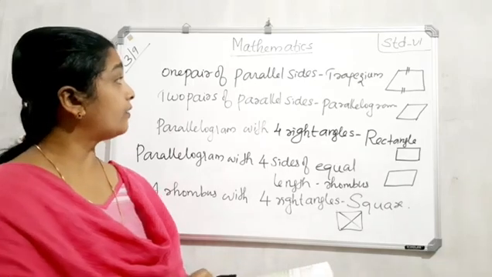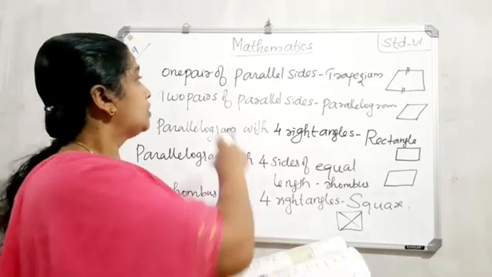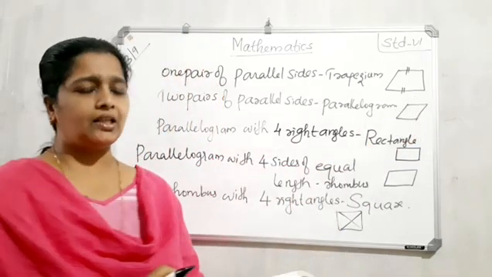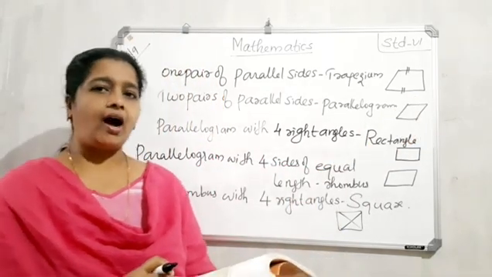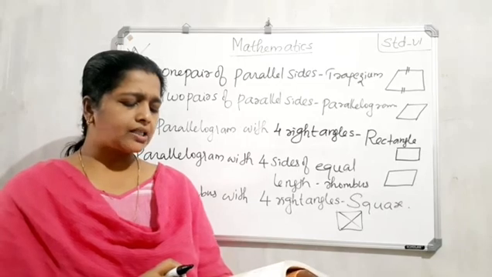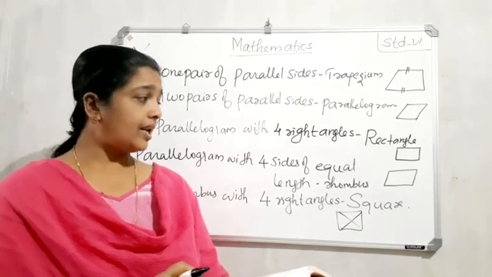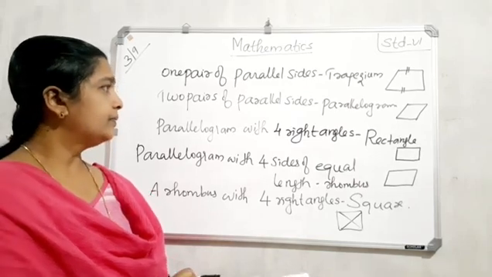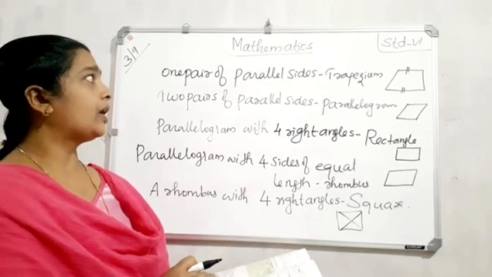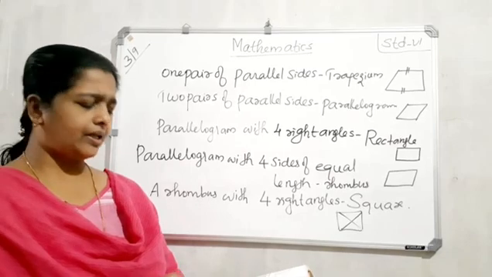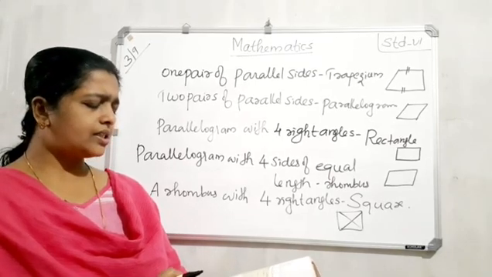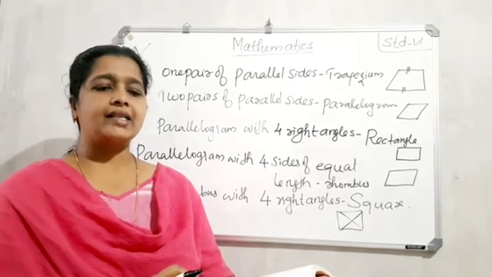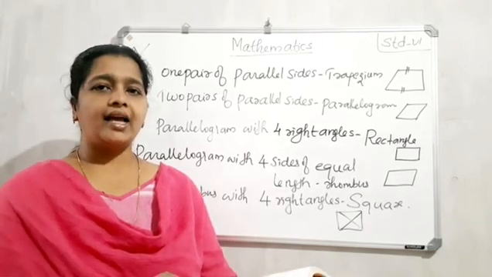Next: all the sides of a parallelogram are of equal length. Two pairs of parallel sides, here and here. Not all the sides are equal. That is false. And: the opposite sides of a trapezium are parallel. What is a trapezium? One pair of parallel sides is known as a trapezium. The question says opposite sides of a trapezium are parallel. The answer is false. Understand? Yes.